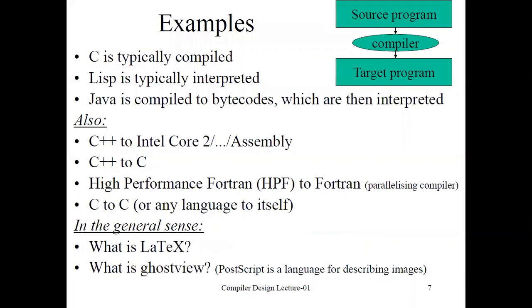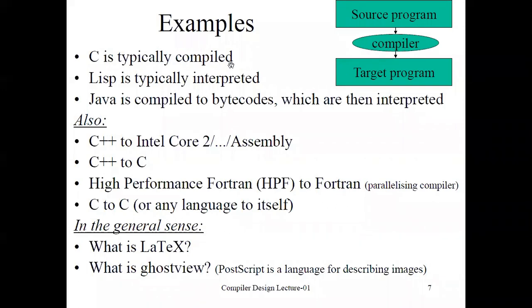Let us see a diagrammatic representation of the role of a compiler. Here you can see in this diagram, the compiler takes the source program as input, then translates it into another program which is called the target program. In simple terms, the source program is the input and the output is the target program. This is also a program, but it is not in the source language; it is in the other language format. Let us see some examples of compilers as well as interpreters.